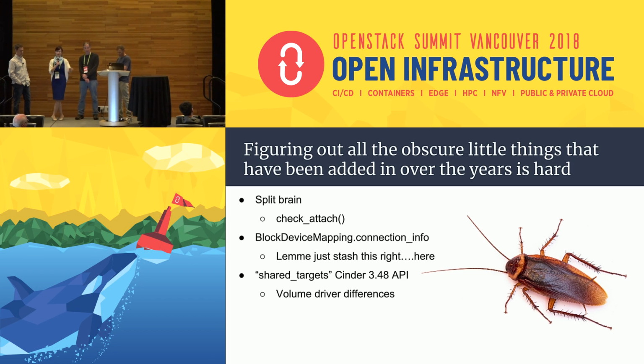So we talked a little bit about that Cinder was initially in Nova, and then it got split out, and we got into a split brain situation. So the first example of that is check attach, because there was still some functionality staying in Nova that wasn't supposed to be there. So Nova was always checking the volume status before doing an attach, and the exact same check was performed on the Cinder side as well. So why would you do that on both sides? And at least I thought that, okay, if we are doing this whole thing, then let's start to clean things up. And it seemed pretty easy, except